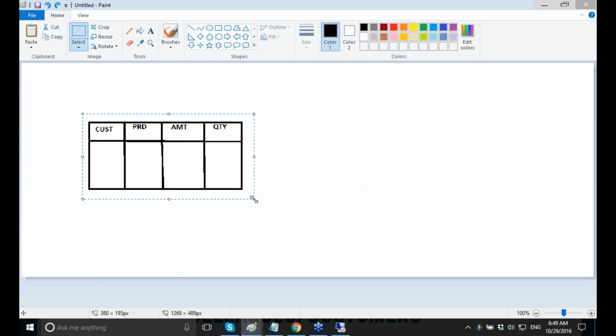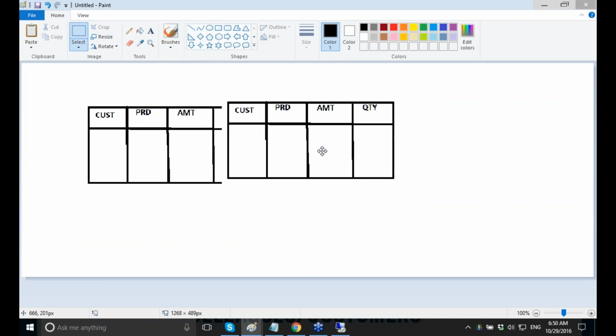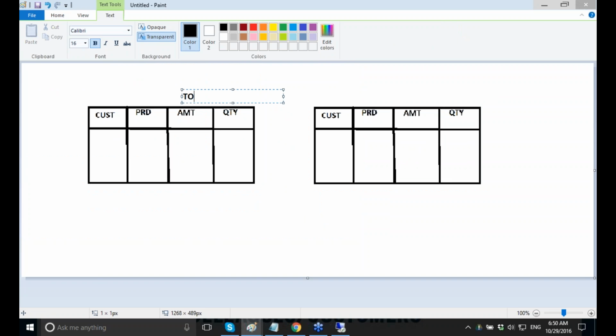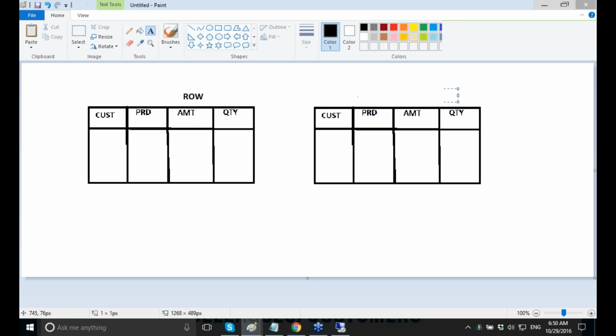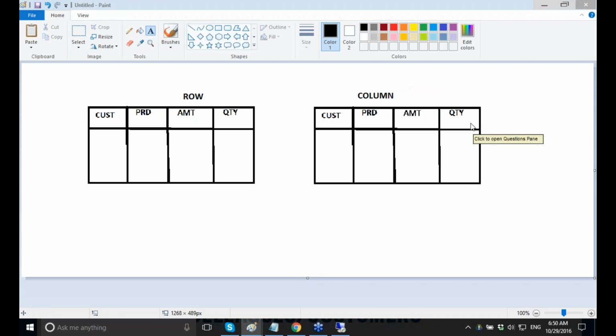So tables most of the time are stored in row-oriented fashion. The same table we are storing in row, and here we have in column. So we have the same table. So this is in row and this table is in column. So what's the difference? So the difference is,